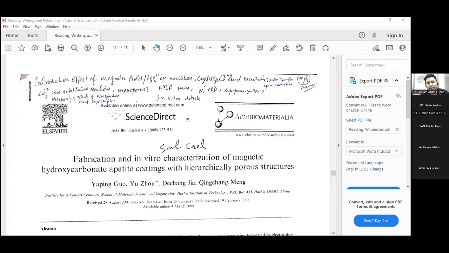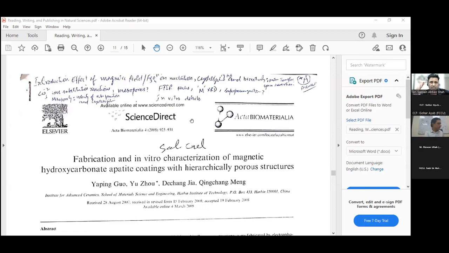Whatever significant, essential, and important you find within a research article that you believe you should be referring to later on, after some years, while you are reading or writing your own paper and thesis, you have to mark them, and you will be doing this with every article that you read. And you will put it in a library, in a folder, and believe me, after 1 year, after 2 years, when you are now writing your own research article,